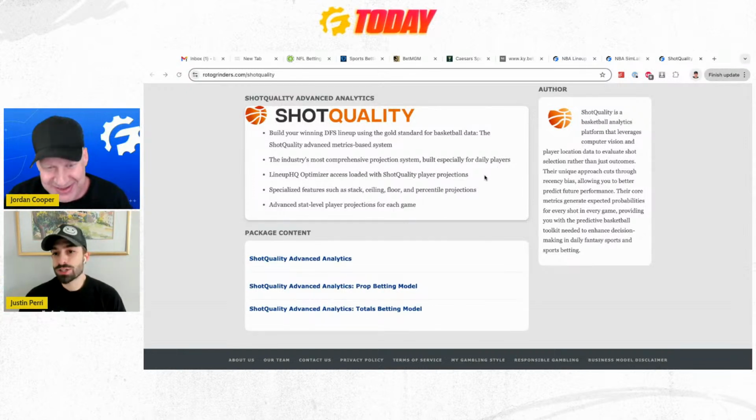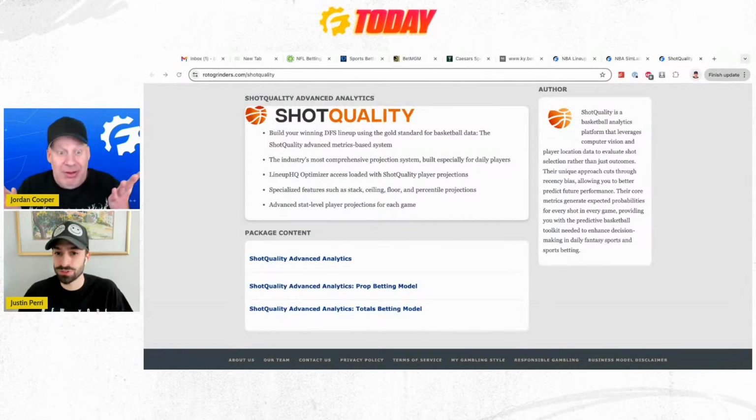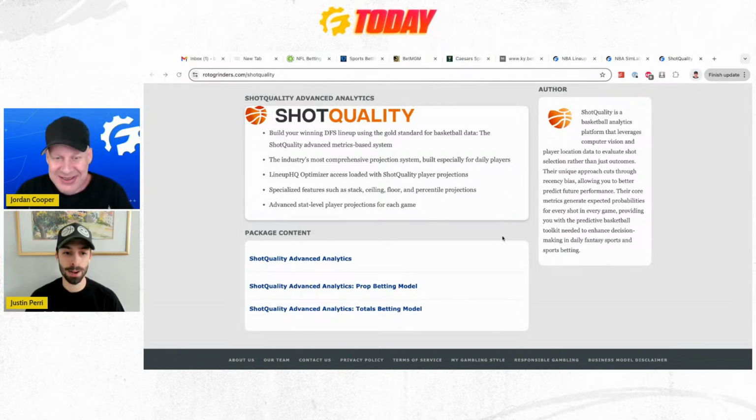Right, and that's what makes or breaks a profit in this game. If you're not used to it, you're like, well, why do you care about a 3% difference in your accuracy? That's like a 6% difference in your return on investment. So yeah, that's going to make or break a season. And essentially, this is maybe the best data set in all of basketball right now, if not very clearly the best data set in all of basketball.